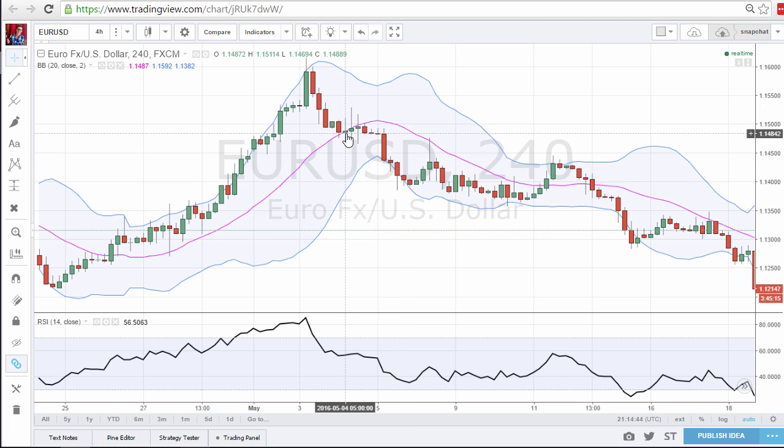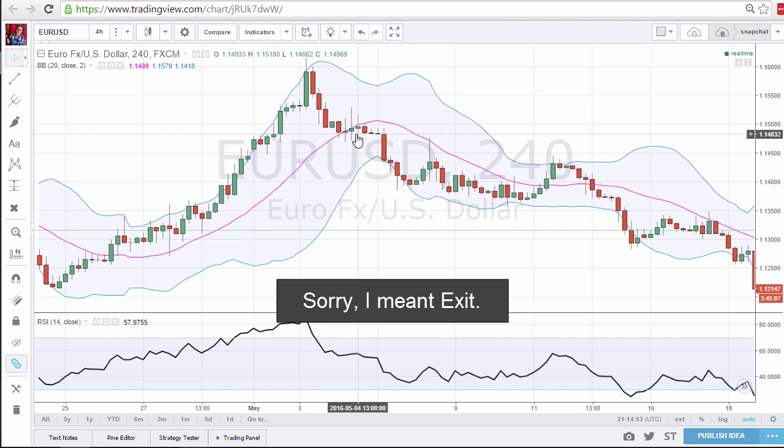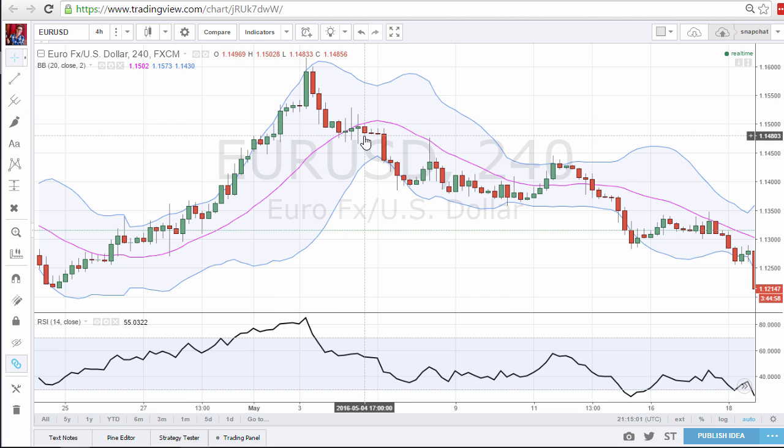So although I would have probably entered here on the break of the moving average, this would have been very challenging, but this is not a reason to enter a reversal trade as long as we do not close above the moving average again. This is a very natural and common behavior on reversal trades, and often you can see that